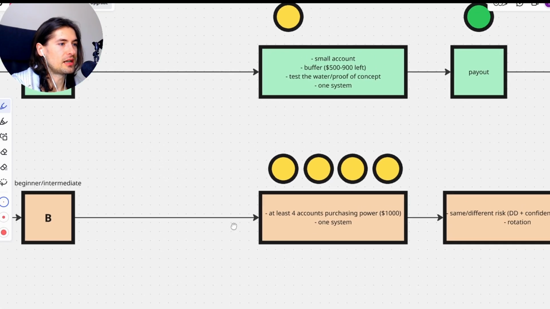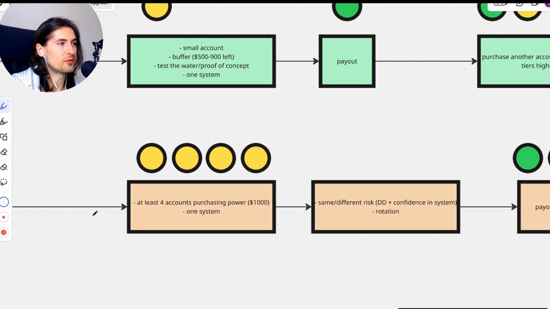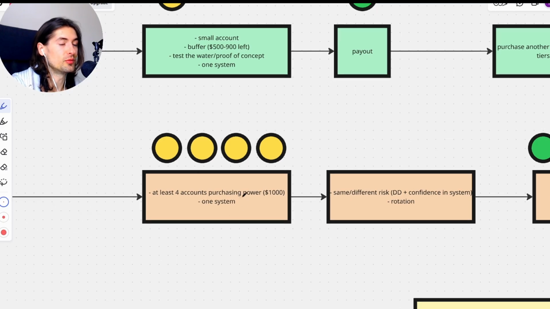Okay, method B. I assume you're probably expecting what it's going to be. You will purchase multiple accounts. You can basically go all in and spend like $1,000. I wouldn't recommend it. I would still have a few buffers, but you can purchase basically multiple accounts. What I would probably suggest, at least personally, if I have $1,000, is to have the purchasing power of at least 4 accounts, meaning if I have $1,000, I should be able to get at least 4